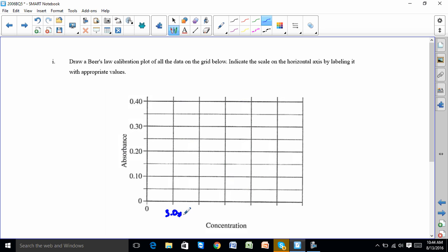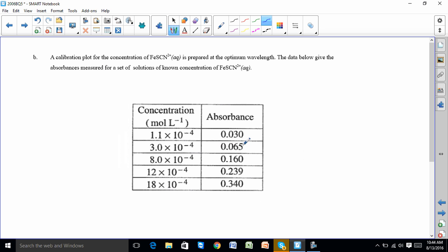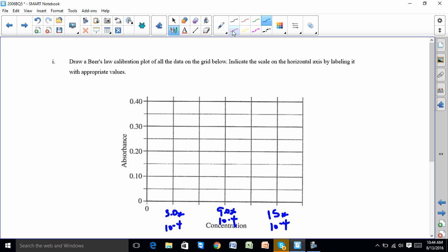So it makes sense to me that this would be 3.0 times 10 to the negative fourth, and then this would be 6. I don't have room to write it. So this would be 9 times 10 to the negative fourth, this would be 12, and this would be 15 times 10 to the negative fourth, and then this would be 18. Now when we go back and plot this, 1.1 versus 0.03, it looks to me like our first point is, if this is 3 and this is 0, about 1.1, about a third, and then 0.03, this is 0.05. So I'm thinking our first point is going to be about here,